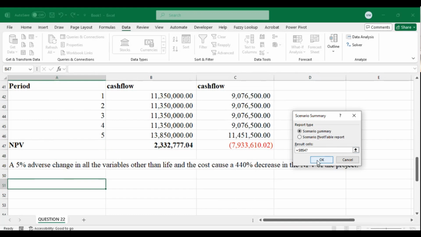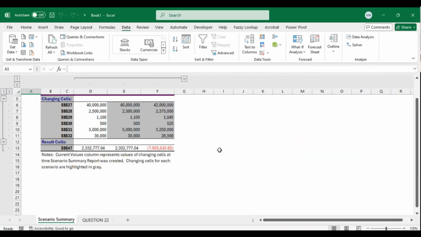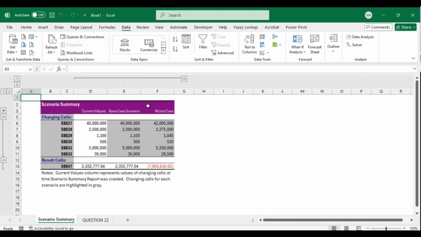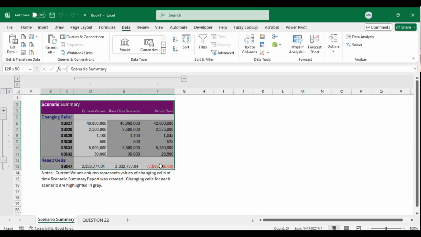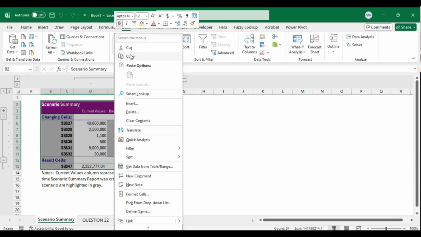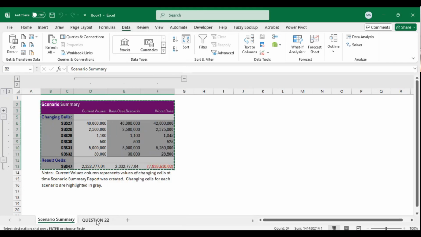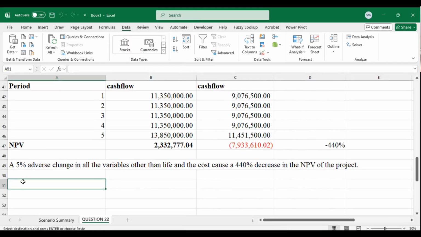In most cases, the summary will appear in a new Excel worksheet, and you don't need to worry about that. In case the summary appears in a different worksheet, we can just copy this, because this is what we want. Then we can take it to our